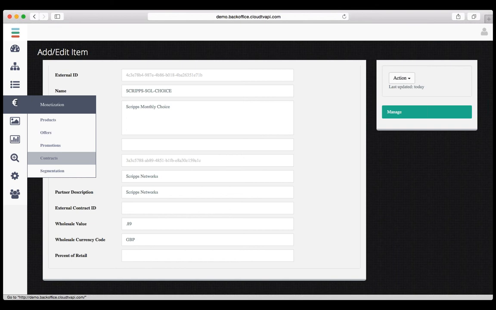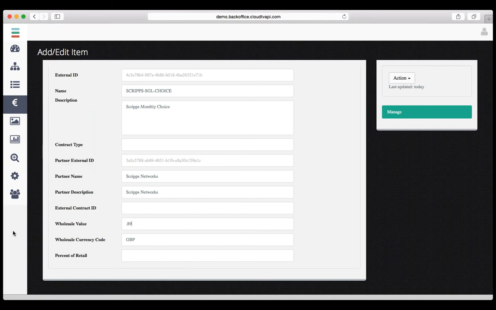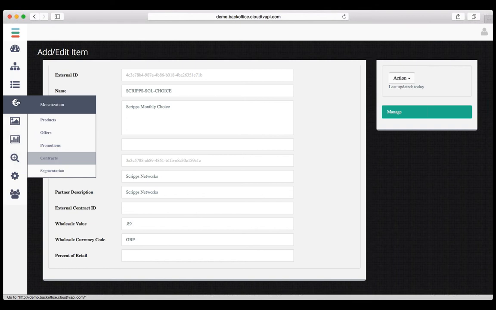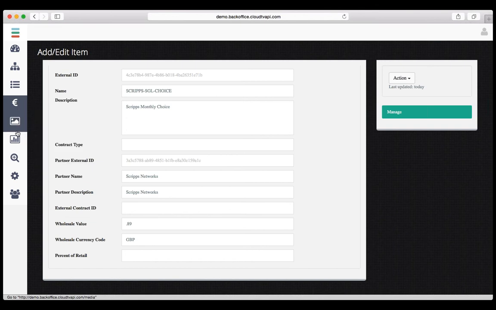So this is merchandising and monetization, the two ways of helping with content discovery and content monetization. Content discovery powered by curation, through to recommendation, through to analytics, through to the search engine. Lots of different ways to get that content list to the screen. And then once you've got that content list to the screen, the ways to engage the viewer in a purchasing transaction. So content discovery through to content monetization. And that concludes